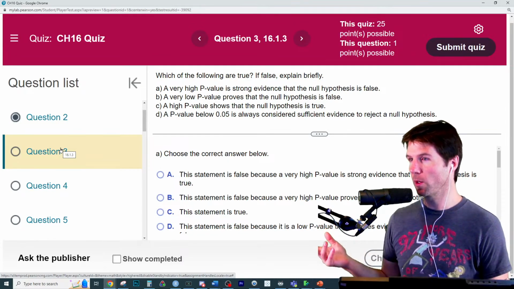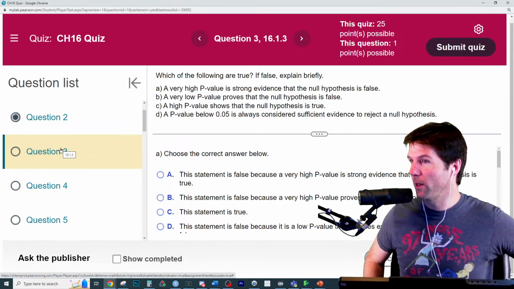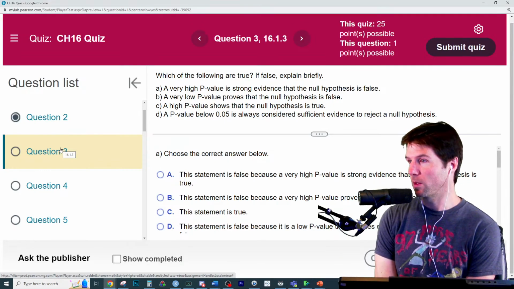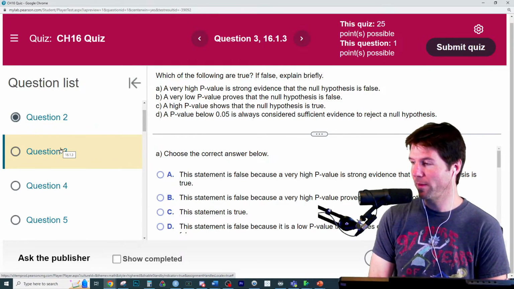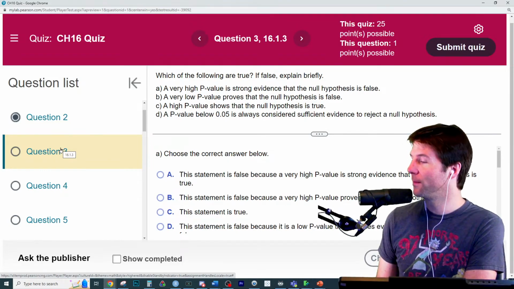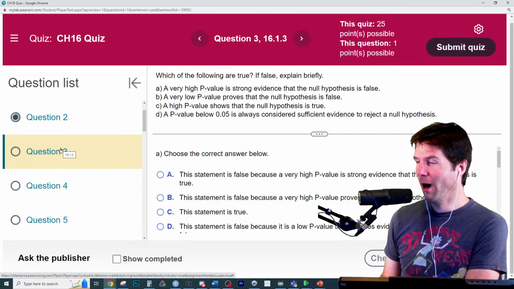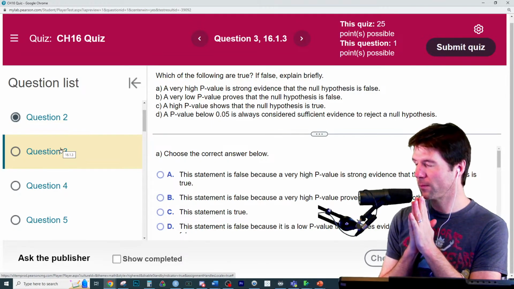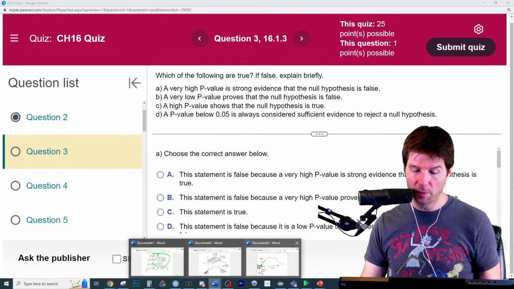This one's so easily worded. This one I think is better so far. First part is just better. When do we have evidence the null is false? Who knows? When the p-value is what? We have evidence the null is false when what? So it's saying a high p-value, which would mean...